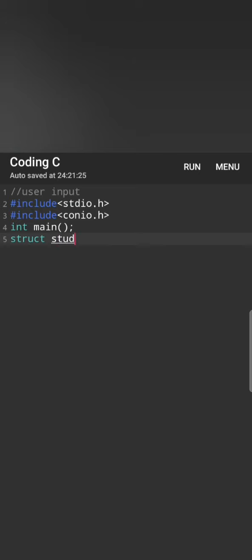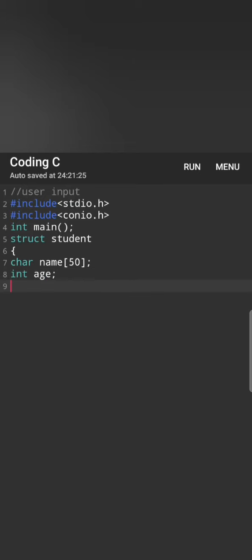Then we will write the word struct space variable name, which here is student. And then we will be making use of opening curly braces to start the declaration of our parameters. To make our code easier, we will be making use of only two parameters in our case. So I am declaring a variable name, which is of character data type. After that, I am declaring a variable age, which is of integer data type.